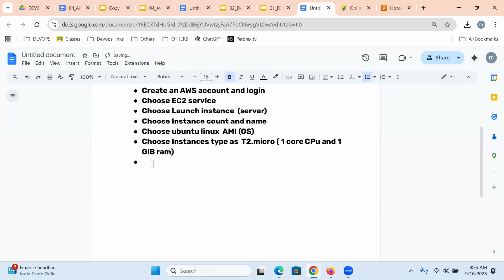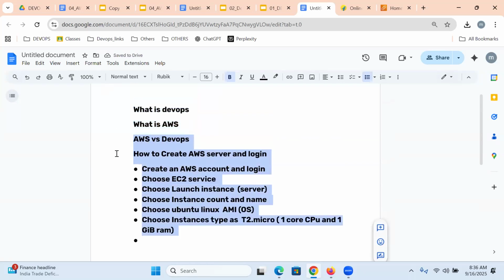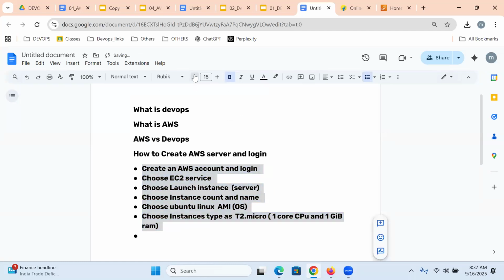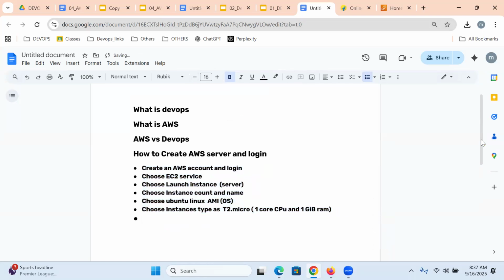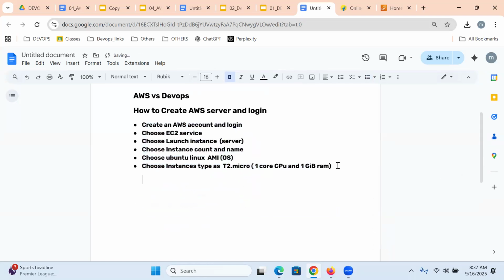Once the instance type is chosen, let us create a new PEM file. It is just like a password. Once the PEM file is chosen as the password,